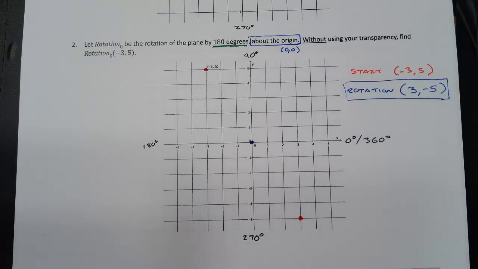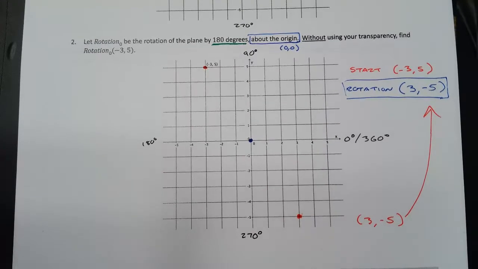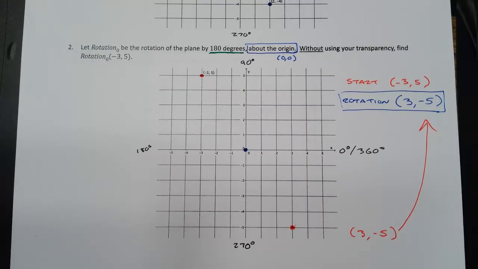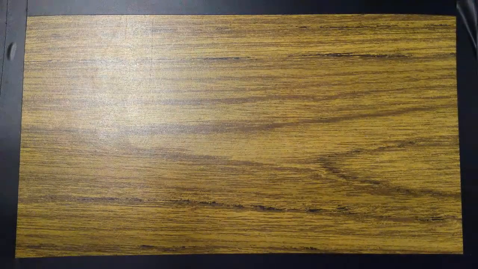And what are those coordinates? Well, look, x is 3. And when I go to the y, I get -5. My prediction was correct. So it is safe to say, and I'm going to add it to our notes right now, and you should add it to your notes right now, that